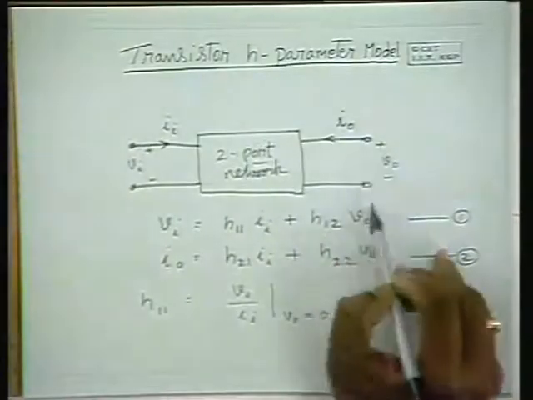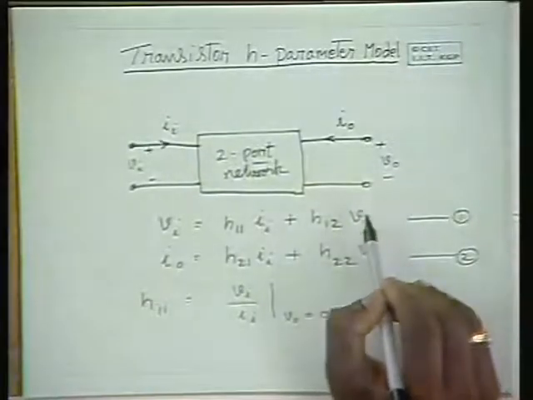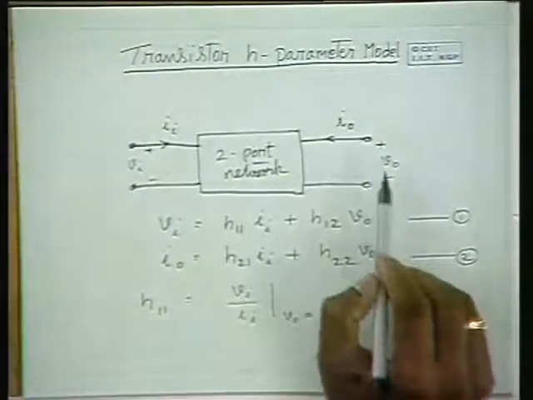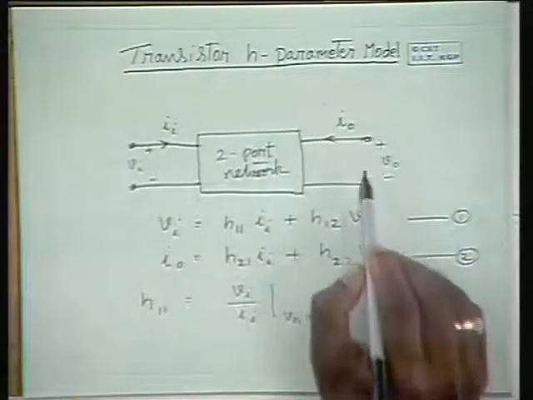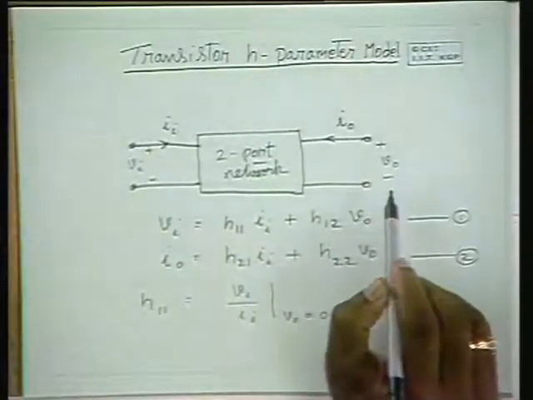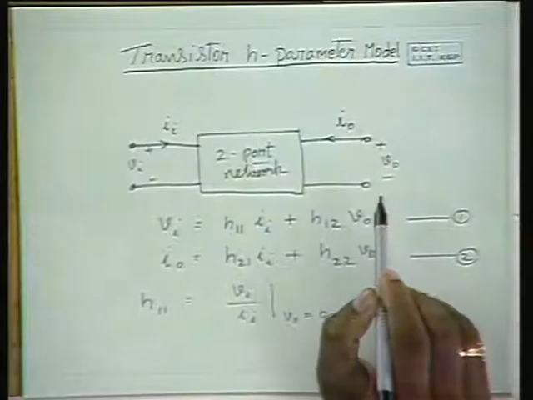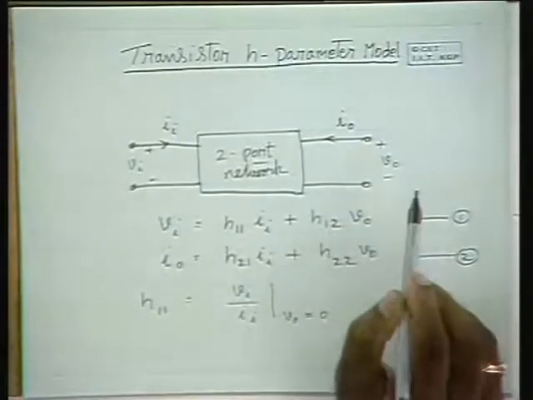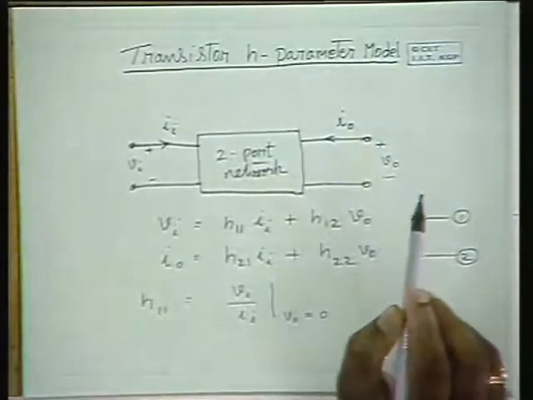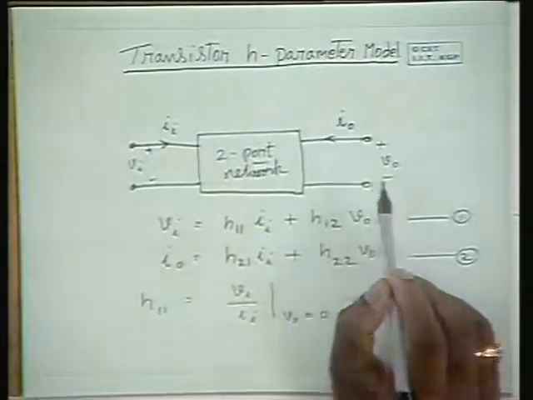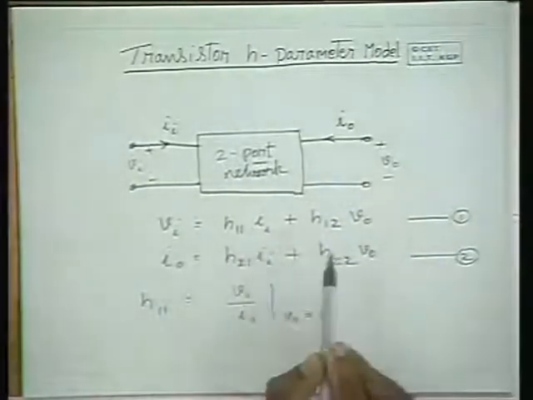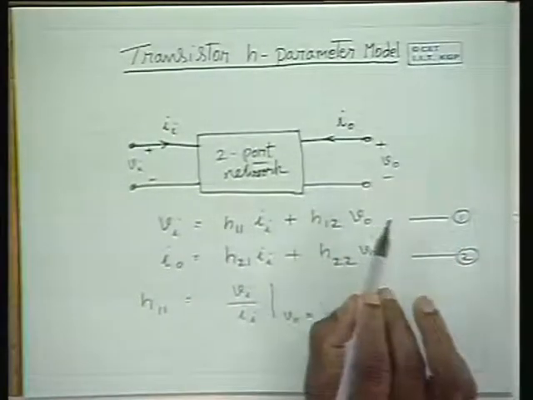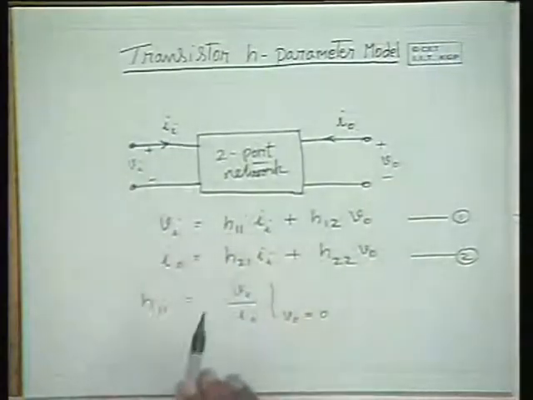That means here the alternating signal is 0, not that the DC signal is 0. This is a short circuit for the alternating signal alone. If you short circuit for the DC quantities, please note that the transistor goes into either the saturation region or cutoff region, and it does not work like an amplifier in that particular region. Okay. So the short circuit or open circuit, what we are going to talk about here, are meant for only the alternating signals. So when V0 is 0, Vi by Ii gives you H11.